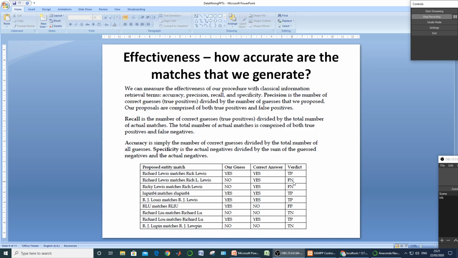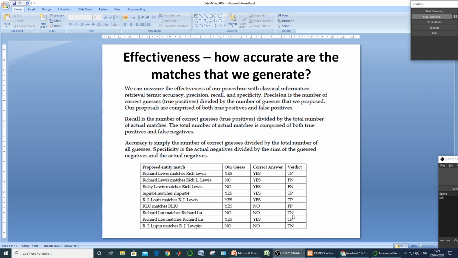Next, go to this one, RLU matches RLIU. Our system generated a positive response, but the actual ground truth says no or negative. So the positive generated by our system is false. That is why it is named a false positive.